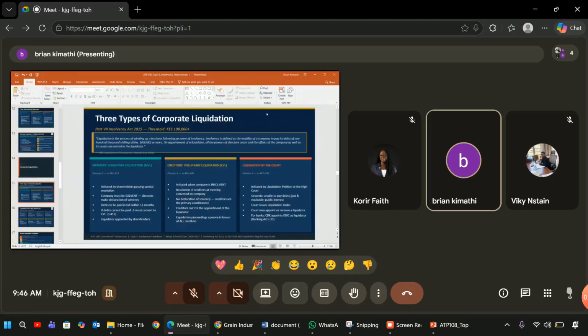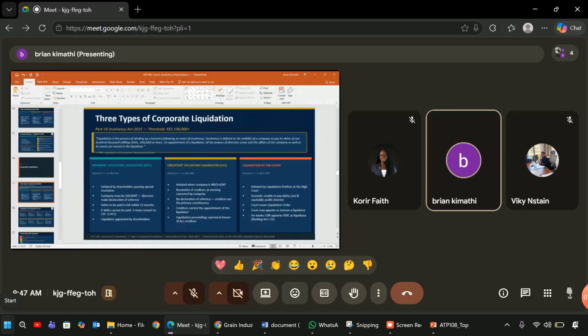The reason why I make that distinction is because there is a difference between a member and a shareholder. So a shareholder is also a member, or a director. Why? Because for a company limited by guarantee, I don't know whether